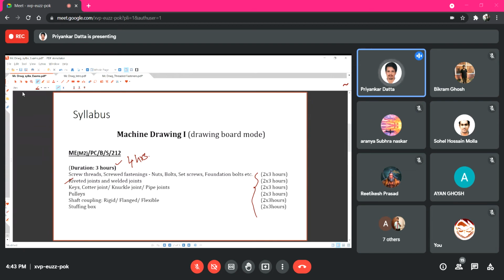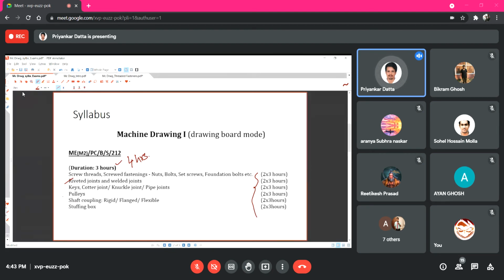Here the main idea is to give you some concept about its working principle, and getting to know how to draw them, what the conventions to draw them are, and how to identify the components when you see a drawing, and where the component is located when you see a large drawing.